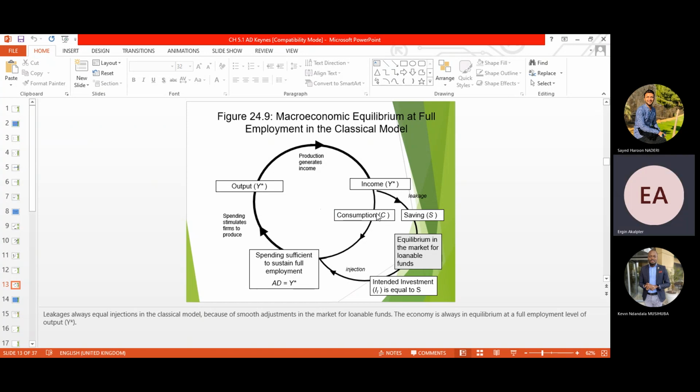It is equal to the investment, and if you have sufficient saving, this will then be directed to the production process from the borrowers, from the entrepreneurs, and this will create some capacity increase in the economy